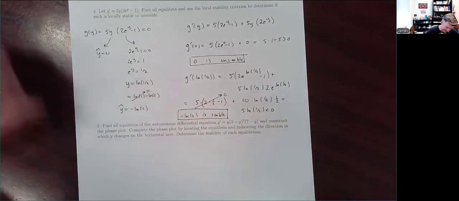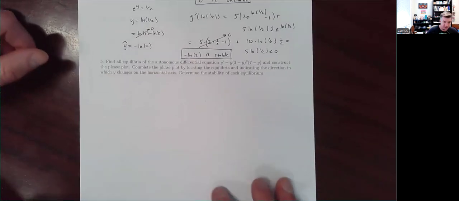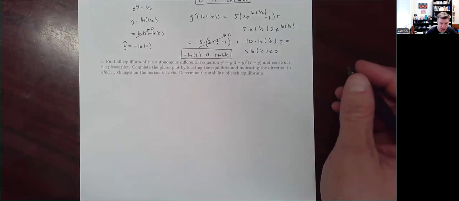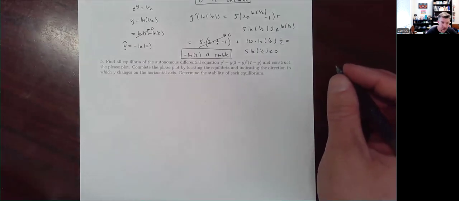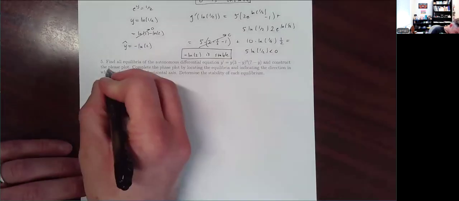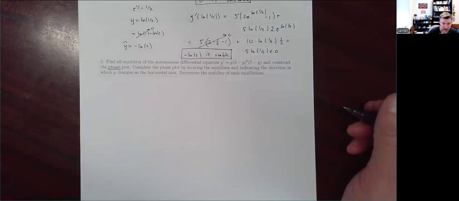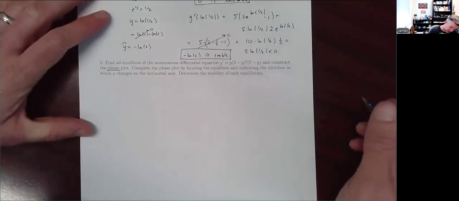All right, next problem. Find all equilibria of the autonomous differential equation y prime equal to y times 3 minus y squared times 7 minus y. Construct the phase plot. Sorry about that. That should say phase plot. Complete the phase plot by locating the equilibria and indicating the direction in which y changes on the horizontal axis. Determine the stability of each equilibrium. Okay, so